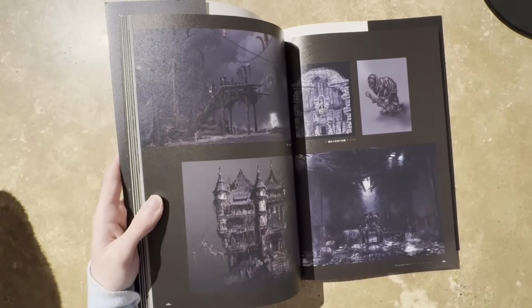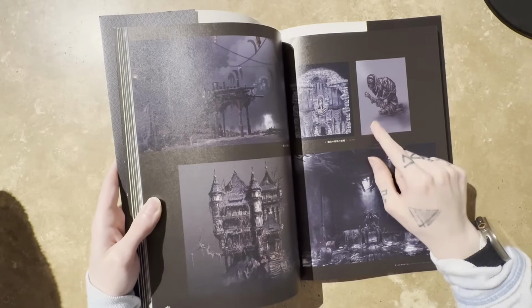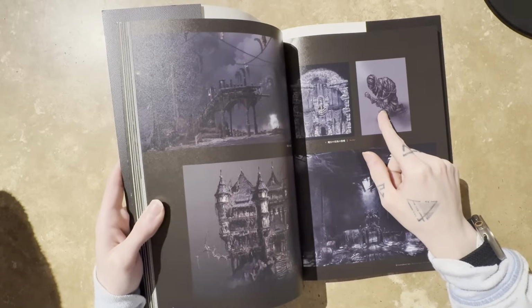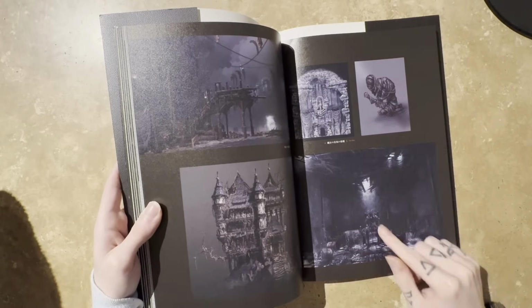Some more pictures here. This is the Witch of Hemwick here. I'll talk about her in a second because I have a little tidbit or a fun fact. And here is